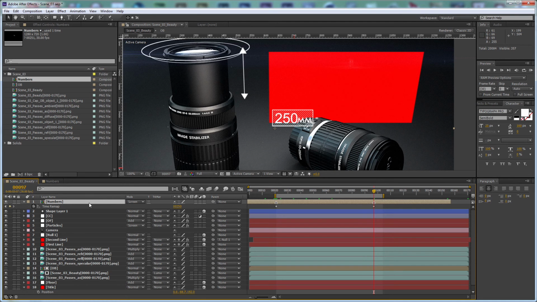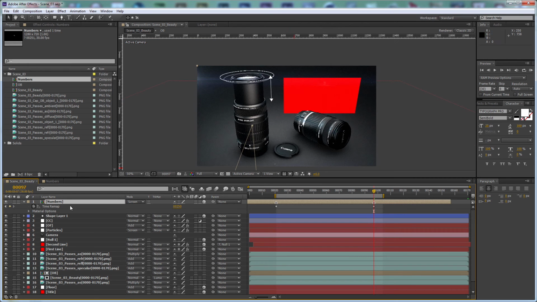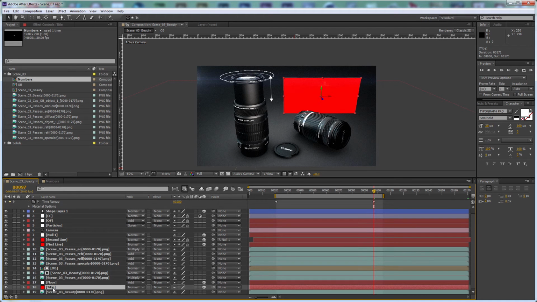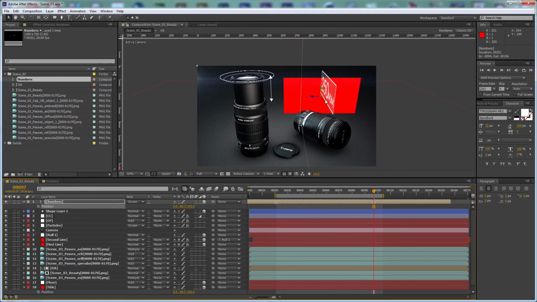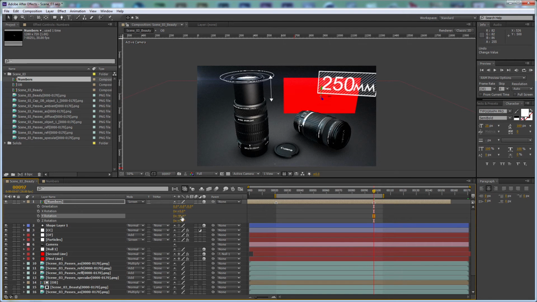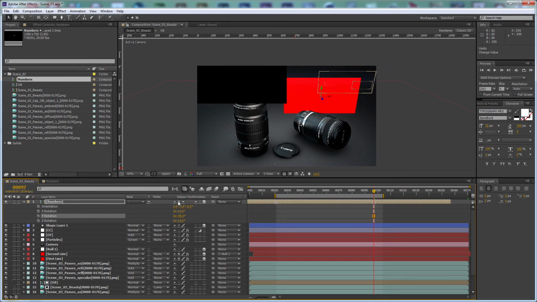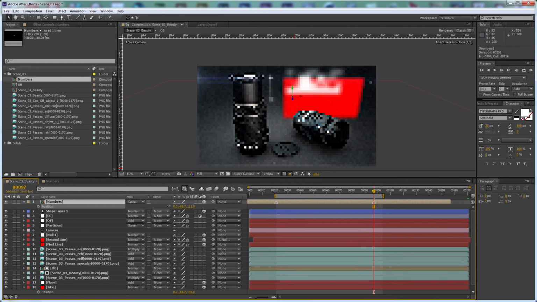Now we need to take this and make it 3D, and let's take the title position, hit P, just copy the position and select the numbers and paste it, and let's rotate this to -90 and just hit P for the position,